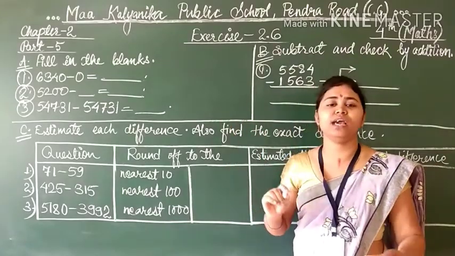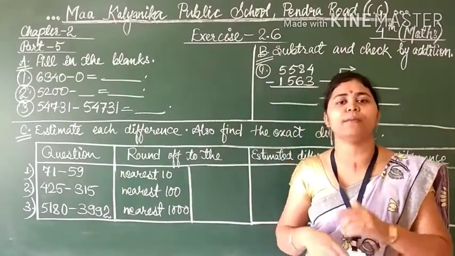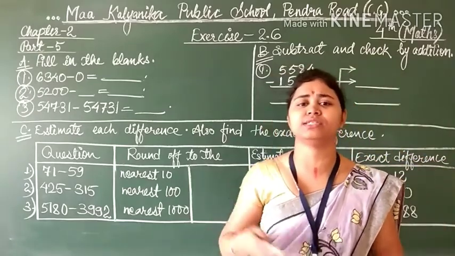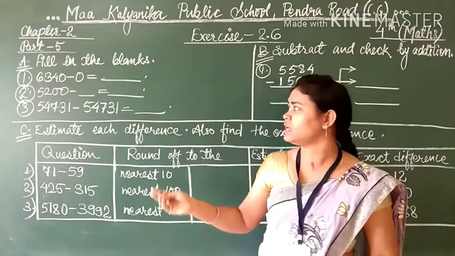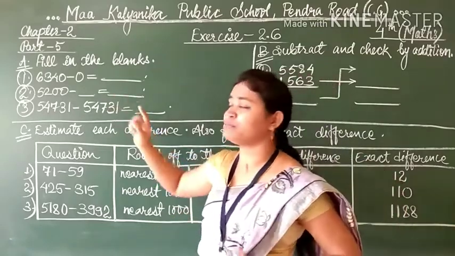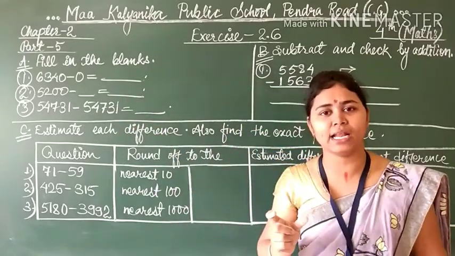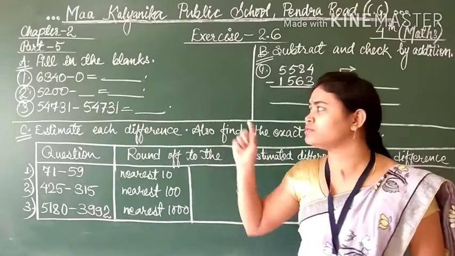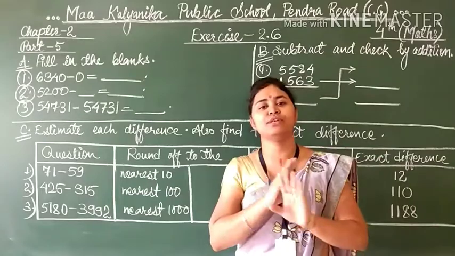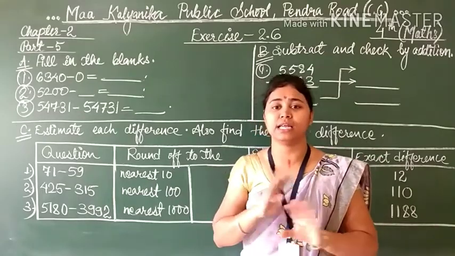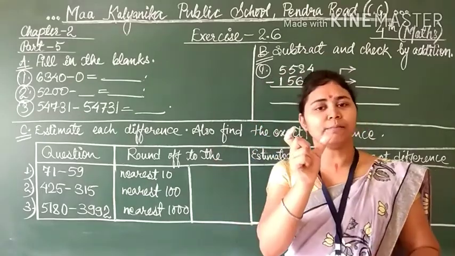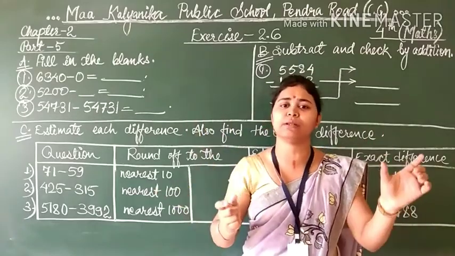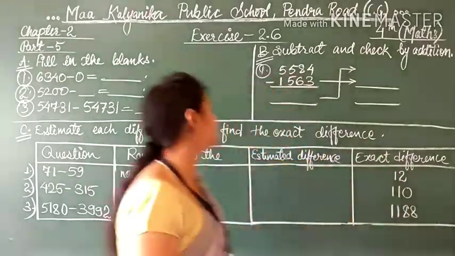So if we are subtracting 0 from any number, either it is 2 digit, 1 digit, 3 digit, 5 digit, whatsoever the number is there, the answer is same. Why? Because subtraction of 0 means subtraction of nothing. 0 means nothing, nil. So simply the number which is given and minus 0 is given, so that same number will be the answer.